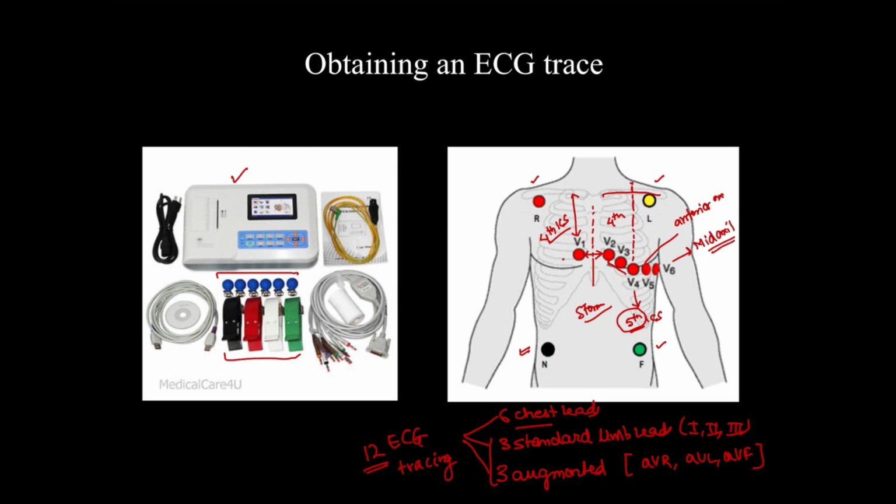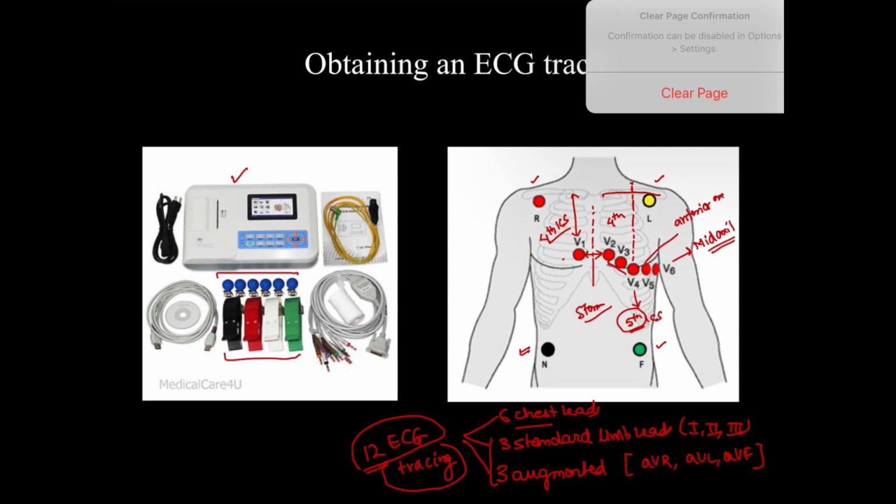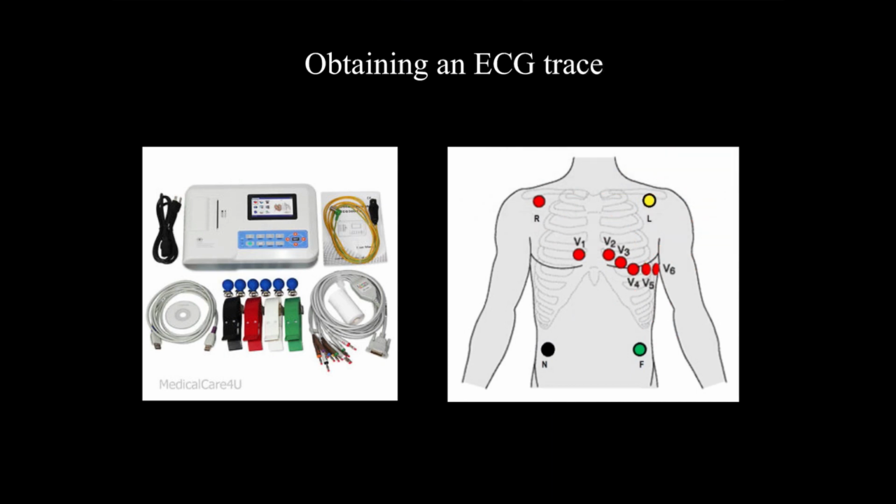So this is how you apply the ECG leads to get a 12 lead ECG tracing. However, there can be modifications and additions to this. Now we studied the 12 lead ECG. If you apply these leads on the right side of the patient's chest, they become right-sided chest leads, named V3R, V4R, V5R, and V6R. There are special conditions in which you need to get these right-sided leads done.